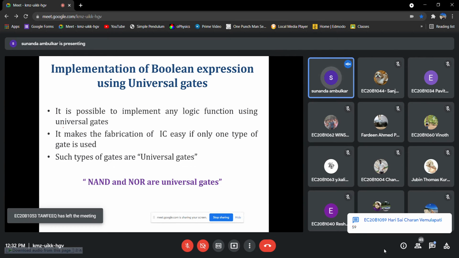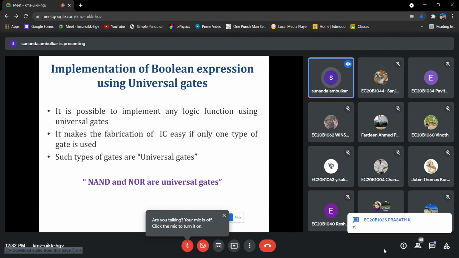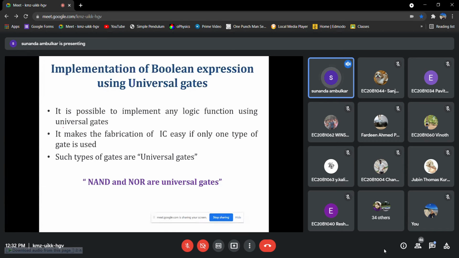So we can use those gates, but if we use various types of gates for the implementation of the circuitry, there will be some fabrication complexity involved, because a lot of fabrication steps are involved there. So if the number of steps for the fabrication of the different gates increases, the complexity increases. And with the increase in the number of steps, the cost also increases.